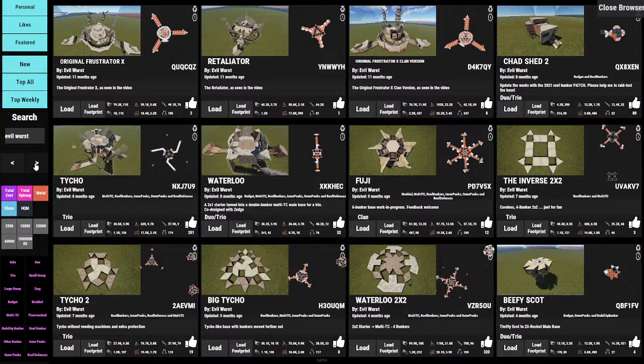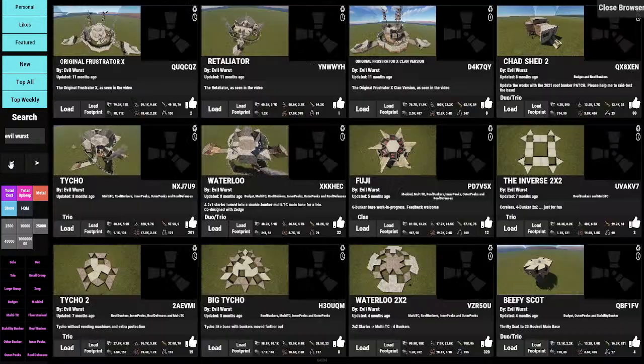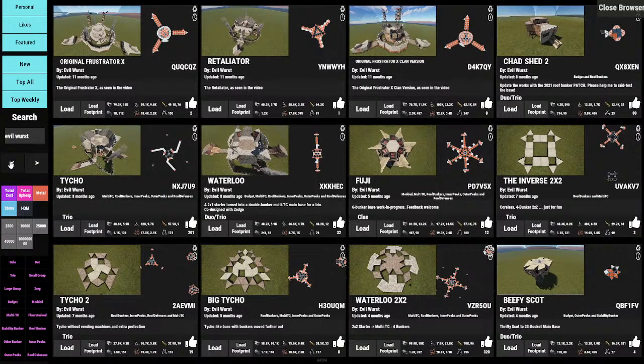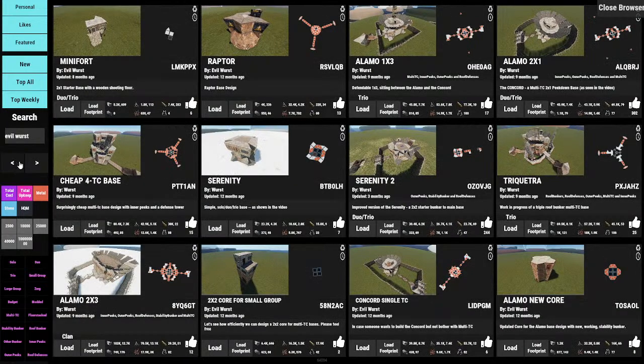Nah, let's go. Nah, man, I respect that. Let me find it. I have to re-find the base because I'm stupid, but here. Is it the Waterloo? A 2x1. So it's called the Waterloo. I hope it's a base design on YouTube. Because the only thing I'm thinking of is, isn't there another Waterloo? Alamo. No, that's...